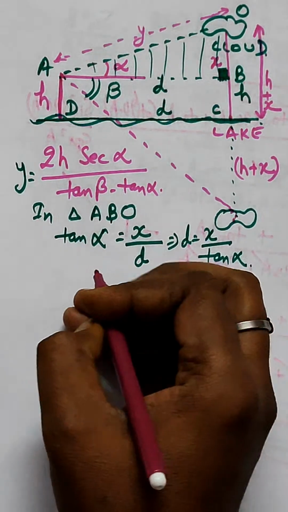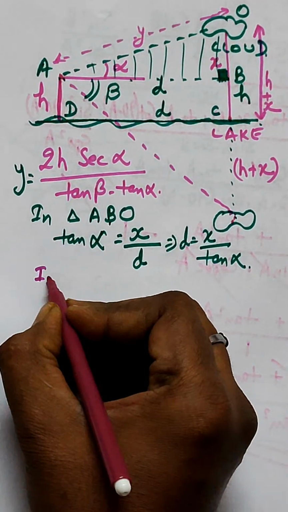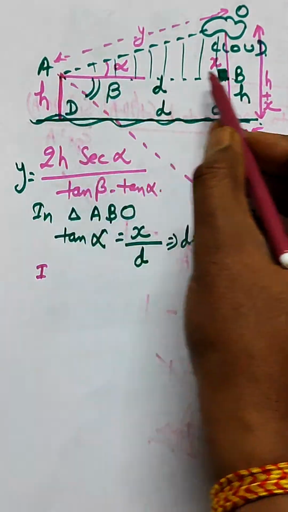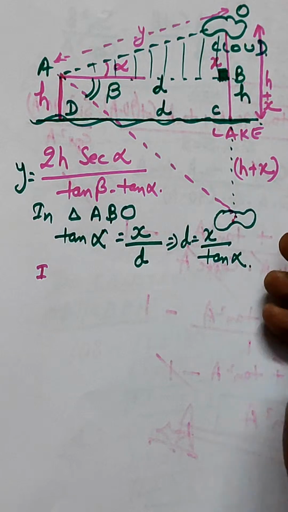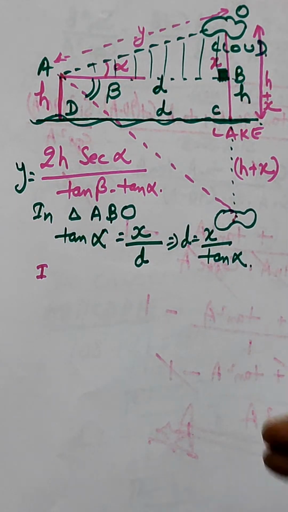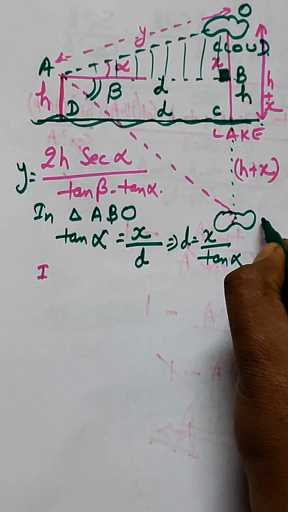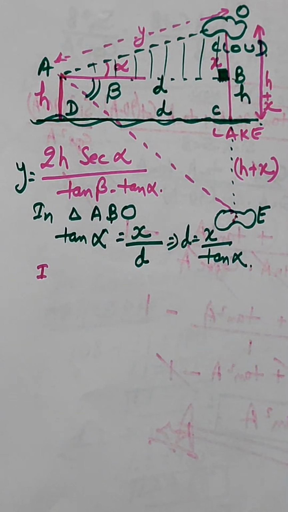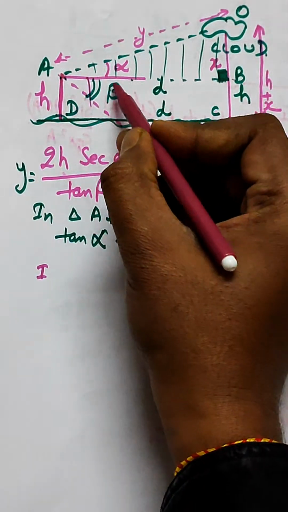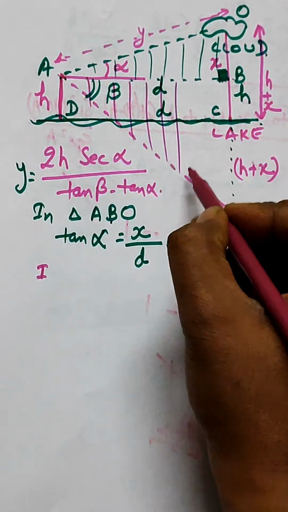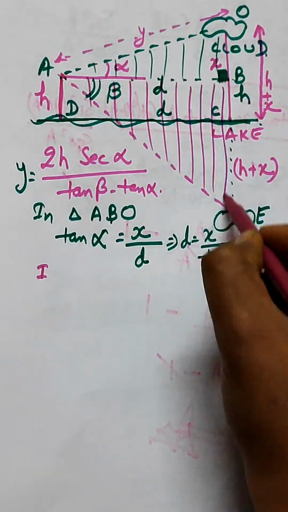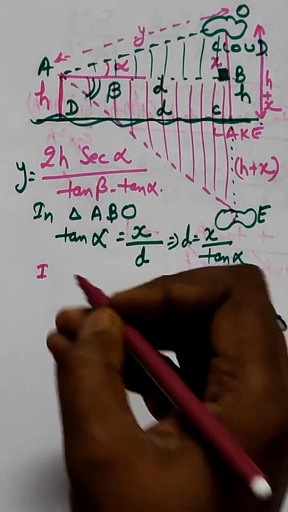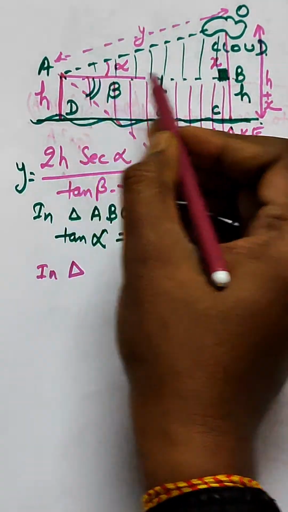I'm just changing the color of the pen so that you can understand. So going to the second triangle, triangle AB. I have not given any name over here. Let's say it's E. So considering this triangle now, where the angle of depression is given, right? Now in triangle ABE,